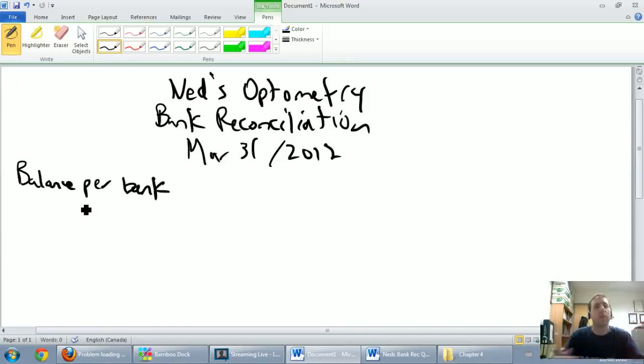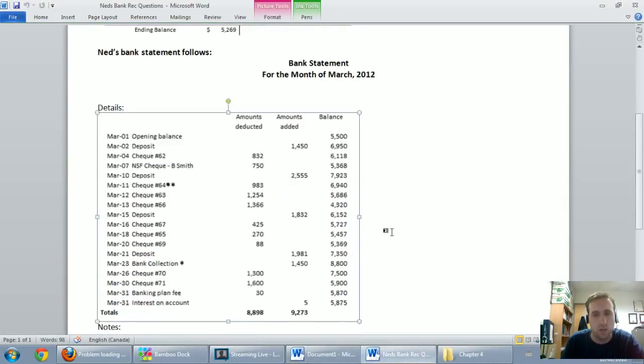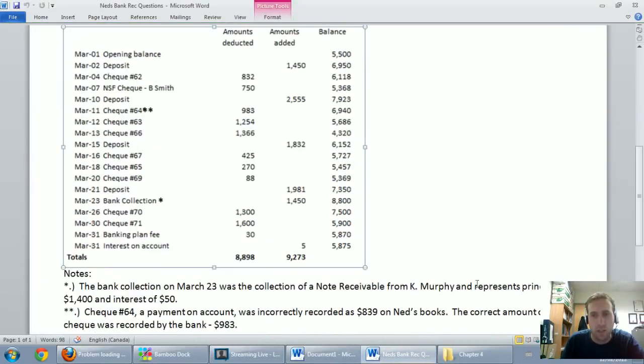Maybe balance per bank statement or ending balance per bank statement. So it's March 31st. I want to know what's the balance according to my bank. So let's look at this and we'll say, oh, according to my bank,